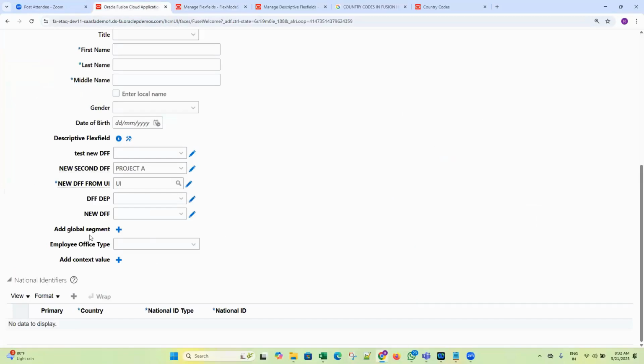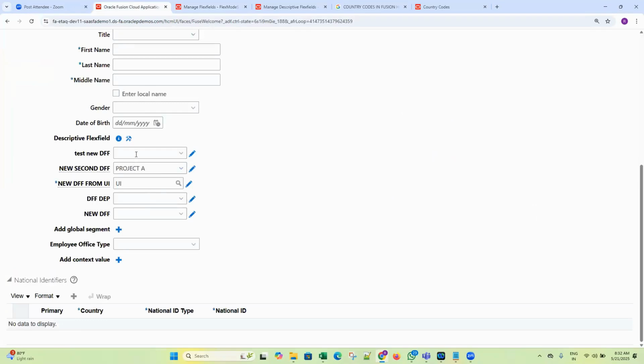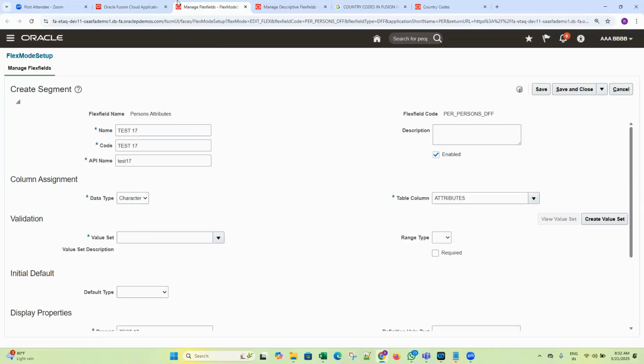So whenever we are defining the descriptive flex field, you can define whether it is character related, you want to capture any characters over there, or else you want to capture any number or anything. Okay. Now, coming to see when I am choosing character over here,